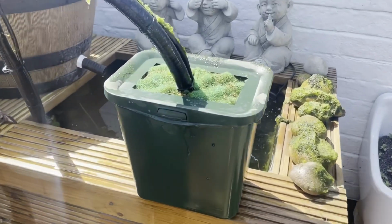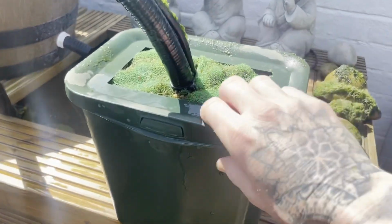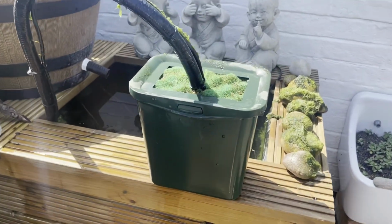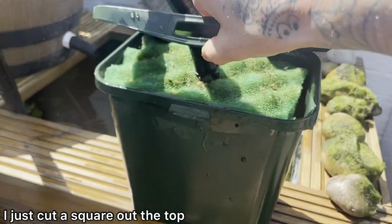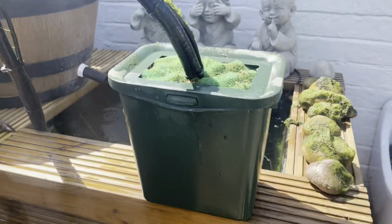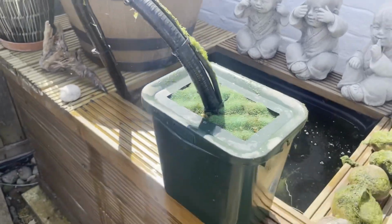Okay, so this is my DIY pre-filter, and it is basically, I think, a kitchen caddy food waste container. You put your food waste in there. It's got this little lid, which is handy because it holds all the sponges in position. So yeah, the pump just sits in there, loads of sponges on the top, and it's pretty important in a